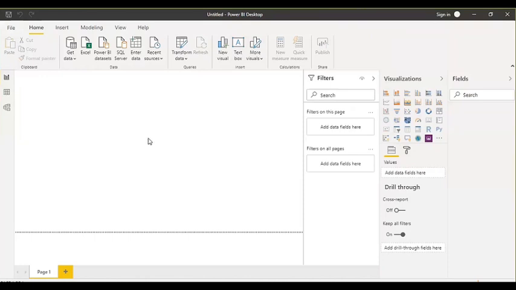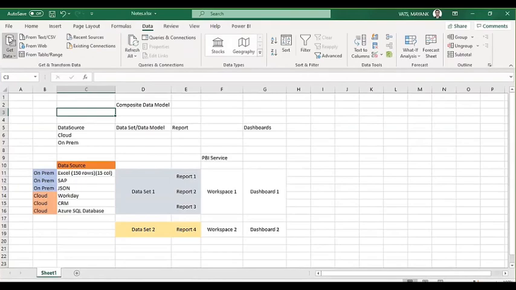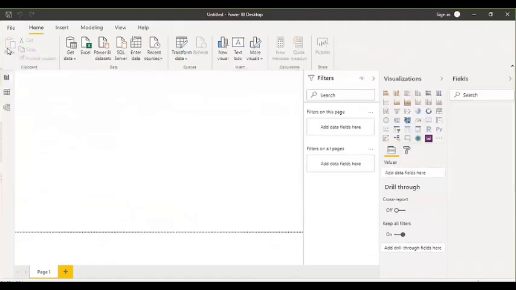How? Simply go to this Get data button. You can see here Get data, right? And this Get data is very similar to Excel. See, Power BI is just a luxurious version of Excel and other components. So if you go to Excel, to the Data tab, here you can see the Get data option. And if you go here, you see Get data. Even the icon is the same.